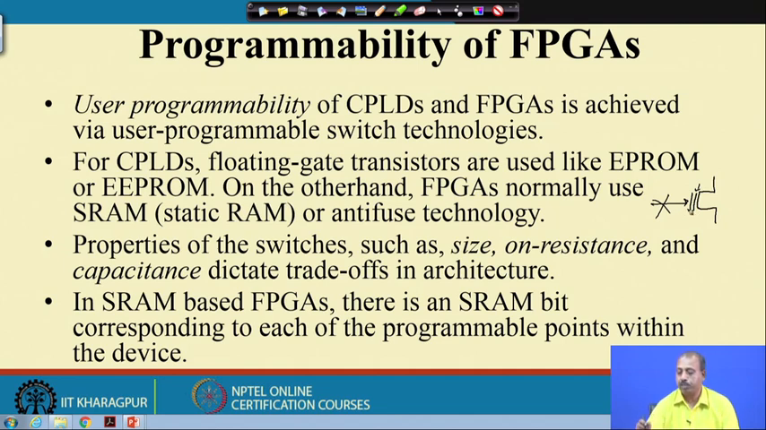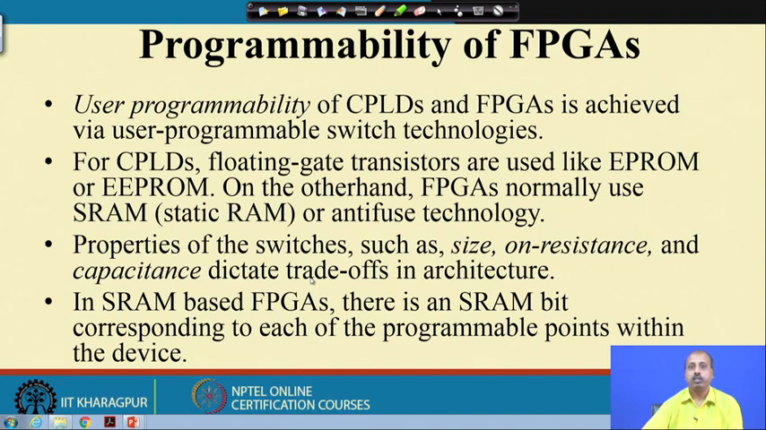Now, to remove this floating gate, you have to apply some other voltage, and then it will go out. So, these CPLDs normally use this floating gate philosophy, like EPROM or EEPROM. FPGAs normally use static RAM or antifuse technology. Of course, there are FPGAs that use floating gate as well, but many of them use static RAM or this antifuse technology. So, properties of the switches such as size, on resistance and capacitance dictate the trade-offs